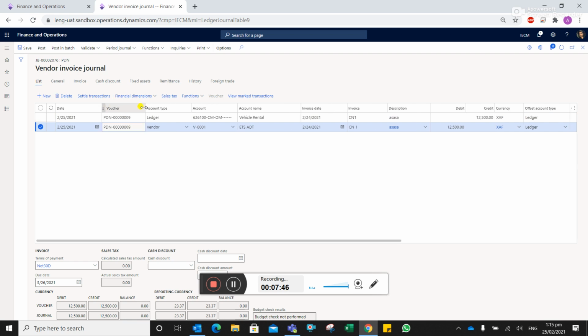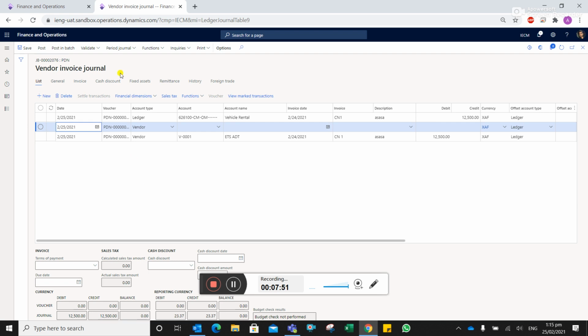Okay, now for the another line, you can add another line in the voucher,